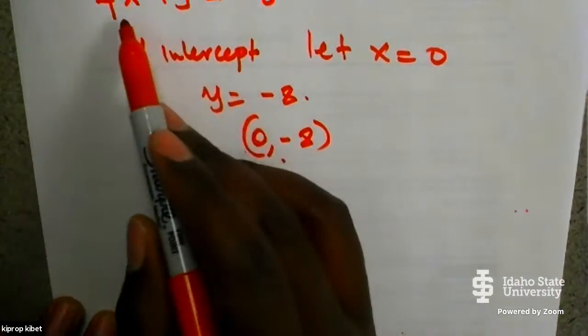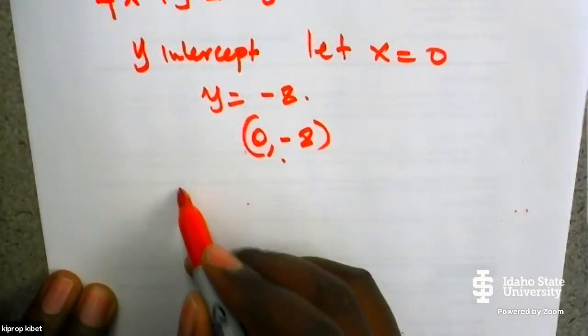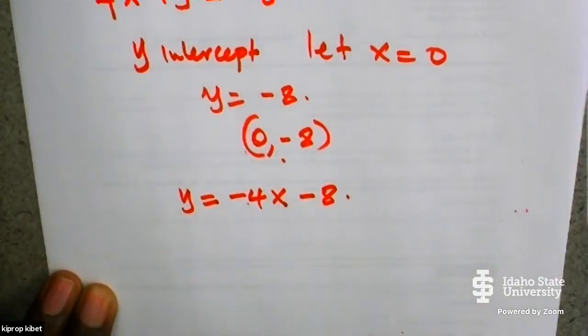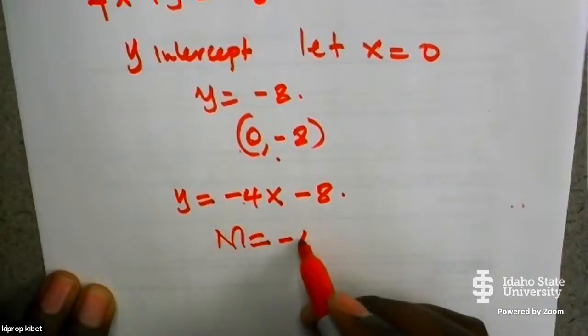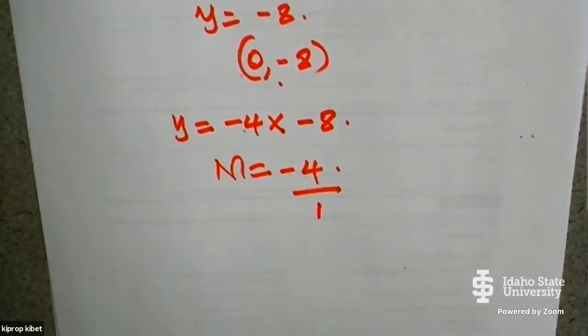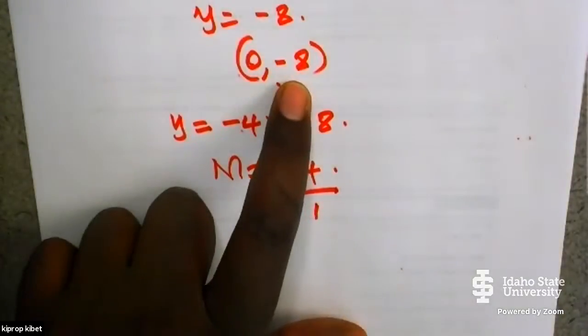Then you can write this in slope-intercept form, which is y = -4x - 8. So our slope, m, equals -4, which is similar to -4 over 1. Then now you draw the graph. Or, because we have the point here, and it is very big,